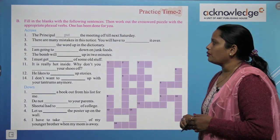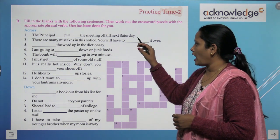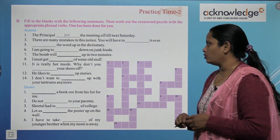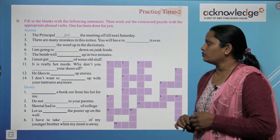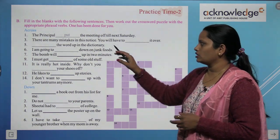Now there are many mistakes in this notice. You will have to dash it over. So you will have to go over it. So here we have to write here go over. Now the word dash in the dictionary. Look up the word in the dictionary. So in the 5th one we have to